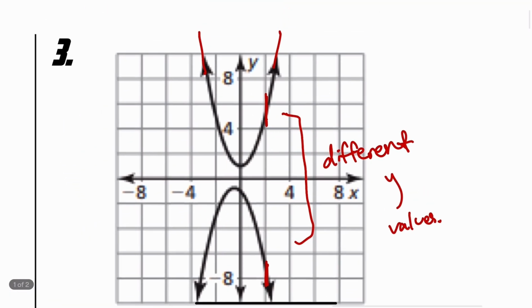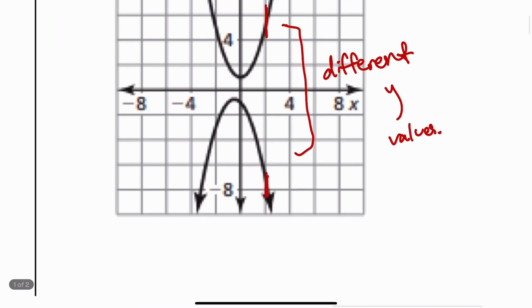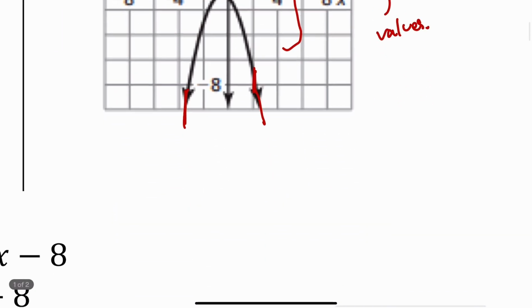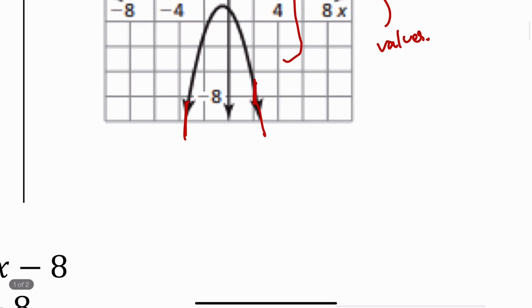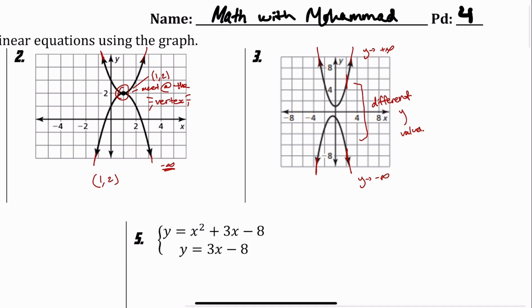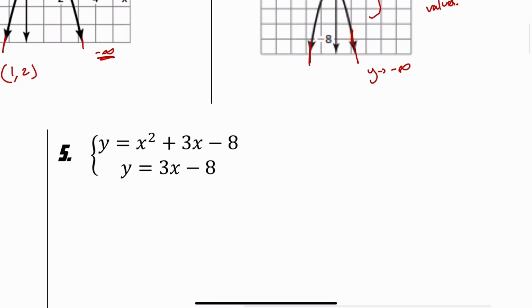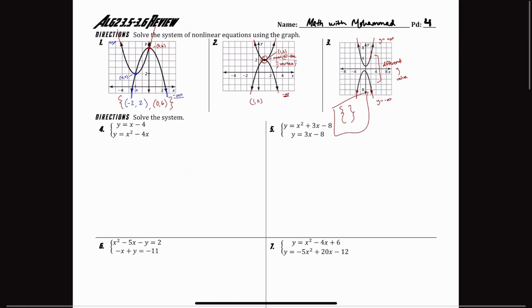As x approaches positive infinity and negative infinity, the y will always approach positive infinity, right? So y will always approach positive infinity. And in this case, as x approaches negative infinity or positive infinity, my y will always approach negative infinity. Basically telling me that these will never ever meet. So to represent that, I put my curly brackets with nothing in to show that I can't solve because there's